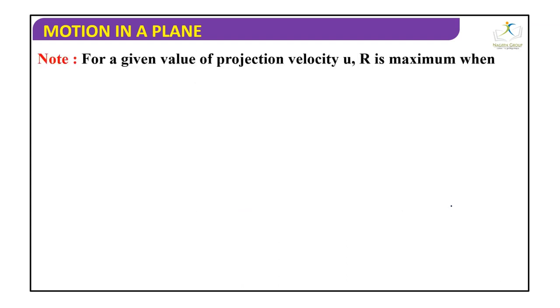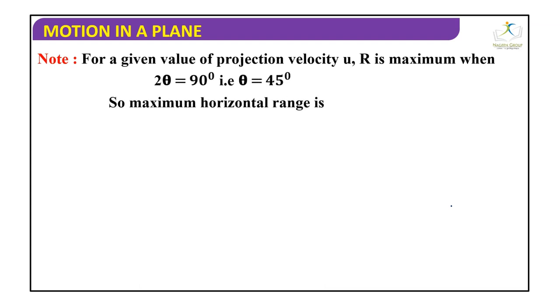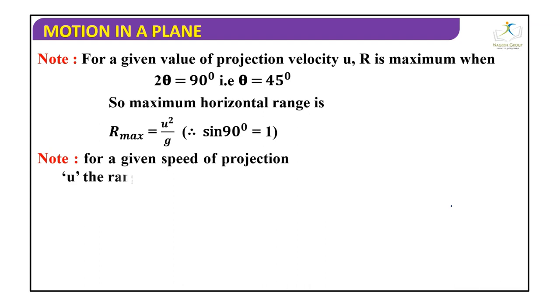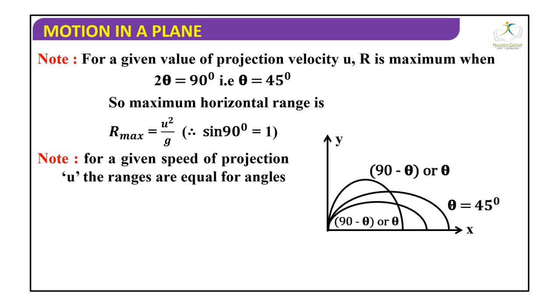What we have to note: for a given value of projection velocity u, R is maximum when 2 theta is equal to 90 degrees. That is, theta is equal to 45 degrees. So the maximum horizontal range is R max is equal to u square by g, since sine 90 is equal to 1. For a given speed of projection u, the ranges are equal for angles